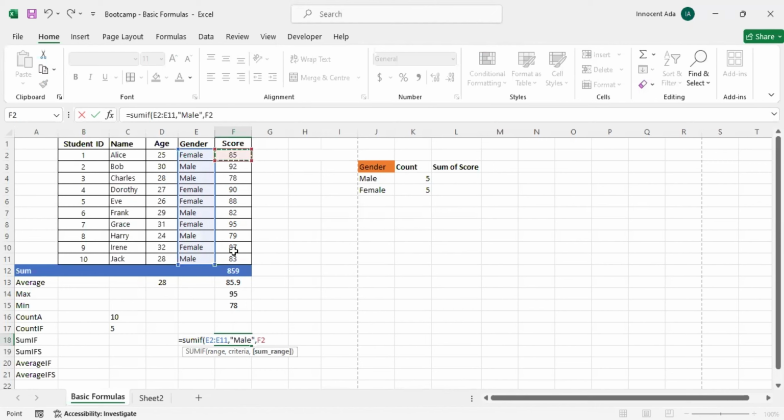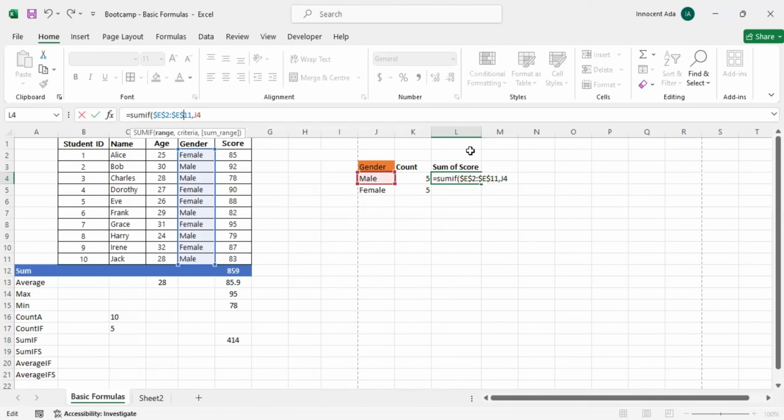So where are we drawing our criterion from? From gender. So that will form our range. We'll say comma. So our criterion now will be our gender of interest, which is in J4, right? So basically, let us make this a constant